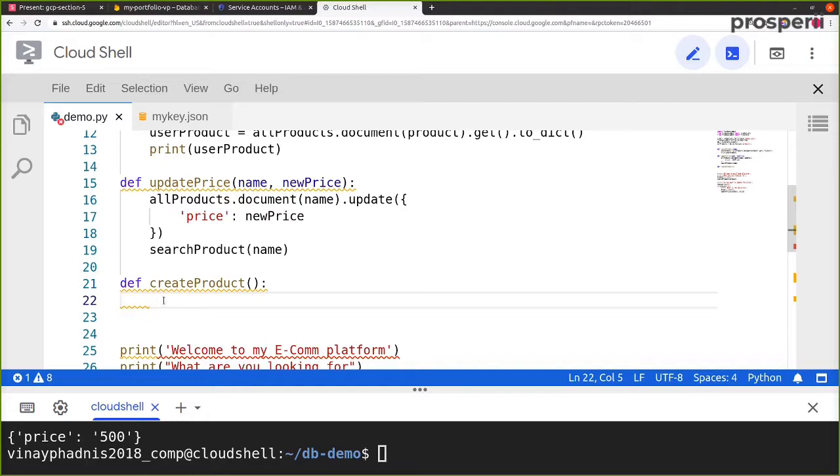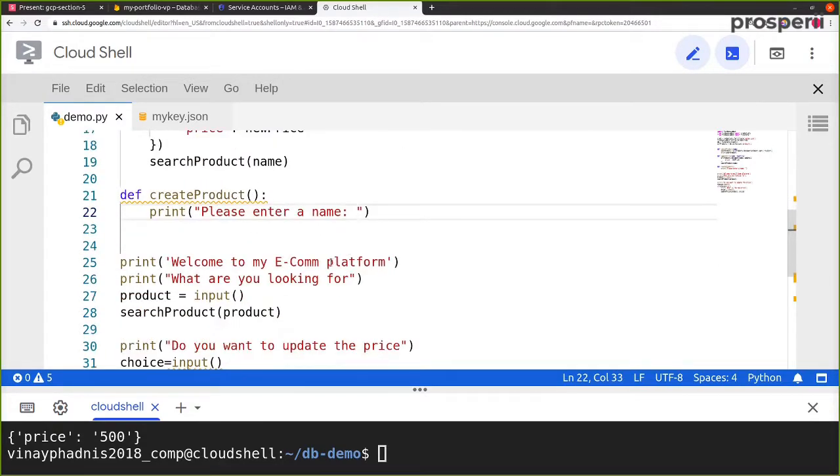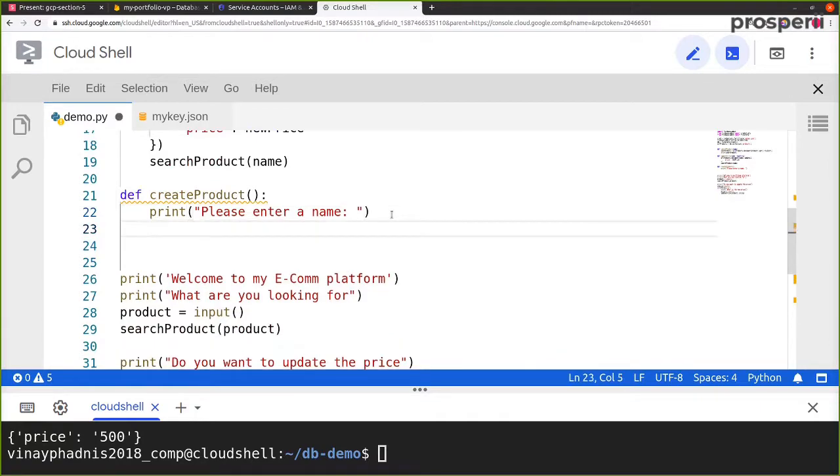Okay, so over here, now let's print, please enter a name. Okay, so over here we can ask the user to enter a particular name. So over here we have name is equal to input. So with this we are accepting the name from the user.